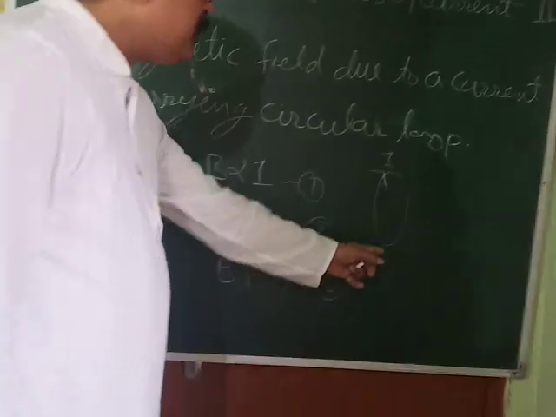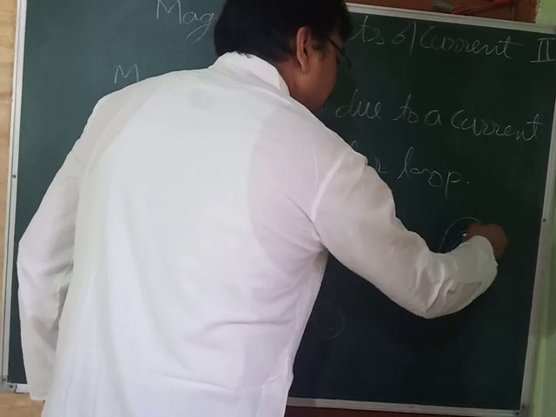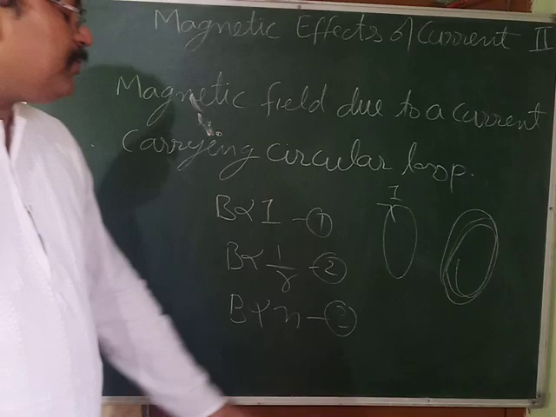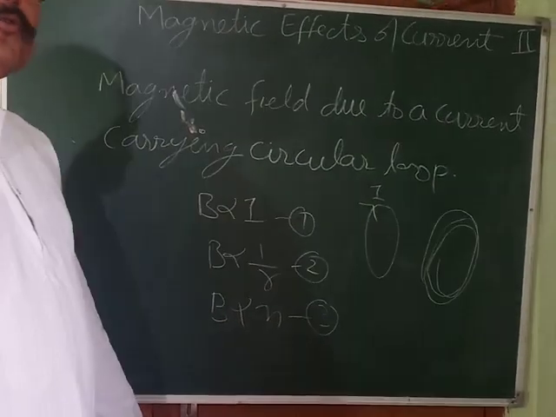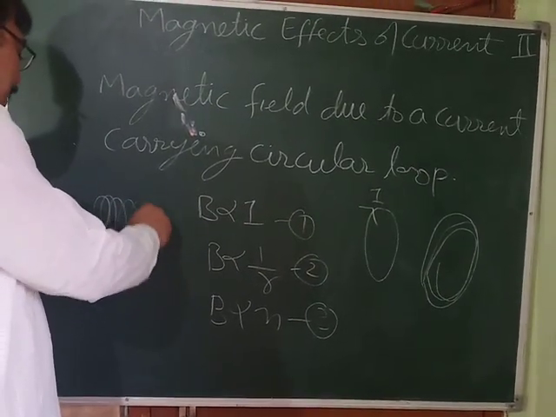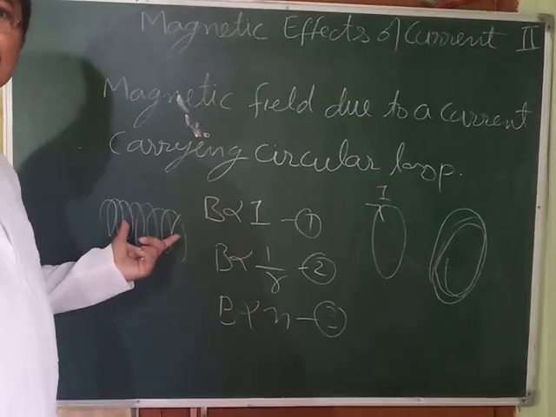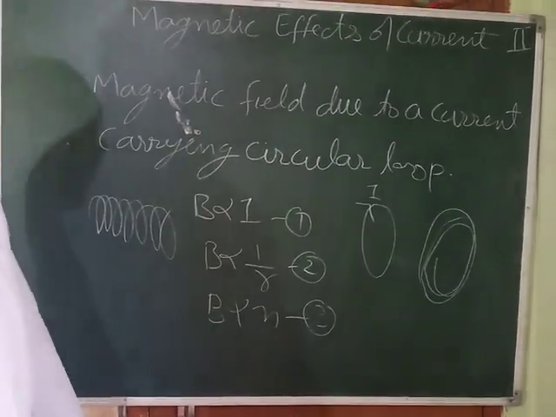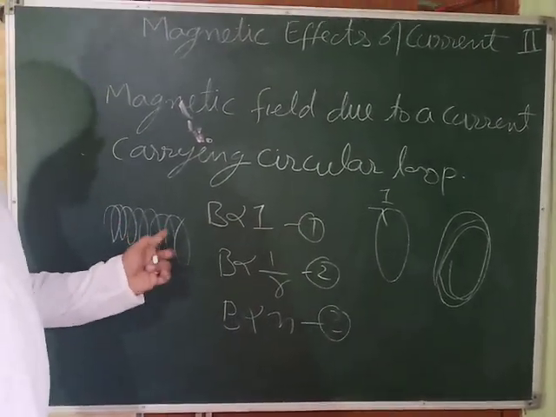See, this is only one turn. Suppose you have got a coil like this. This is one turn. This is second turn. This is third turn. Like this, you've got a bundle of number of turns. So, the more the number of turns, the stronger the magnetic field will be. And that's why you will find in fans and other places winding is done. That means wires are wrapped like this. This is called winding, so that more number of turns are there. In this way, you can keep a longer wire in a very small space, and with lesser current also, you can have a strong magnetic field.